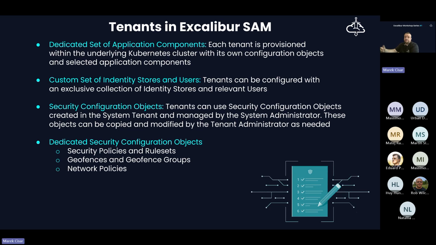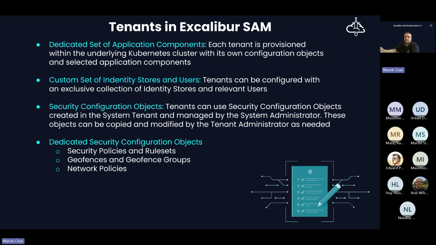And those security objects are security policies and rule sets, also the geofences and geofence groups, and network policies. Regarding network policies, I will talk about them a little bit later, but now let's focus on the security policies and rule sets. Those can be configured by the system administrator, who provides these objects to the tenants.